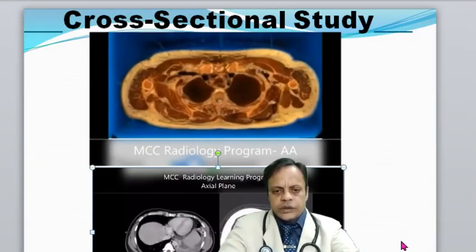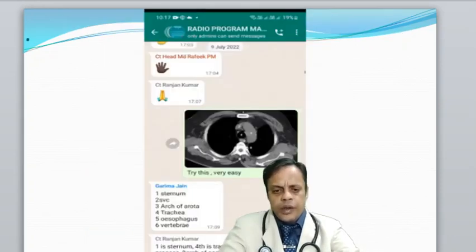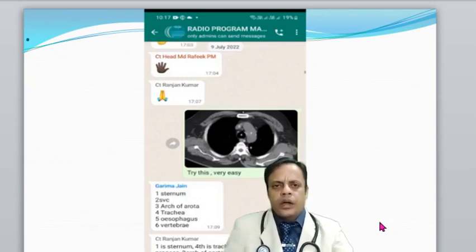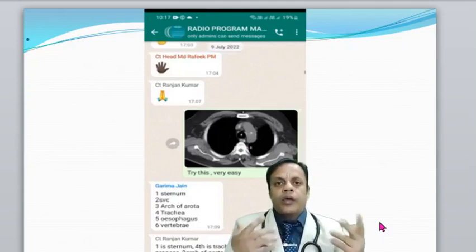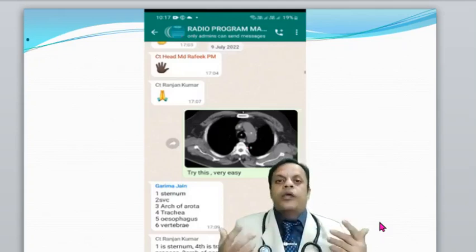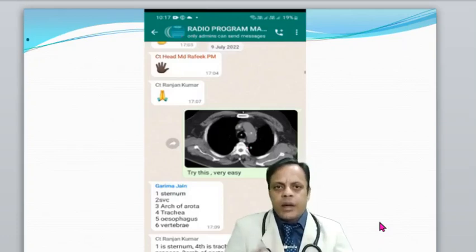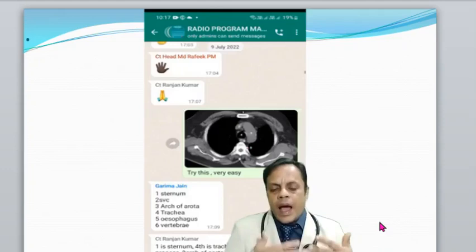after giving lectures and study material, what we do is conduct practice sessions inside our WhatsApp group, because everybody doesn't have a photographic memory. One in a lakh persons has a photographic memory, who just see once and remember everything. But we are normal people, so we have to practice on our own. So I will teach you from the videos, and then in the practice session